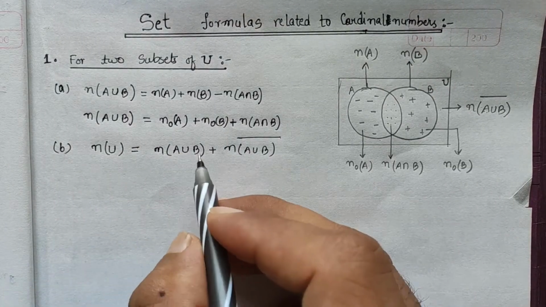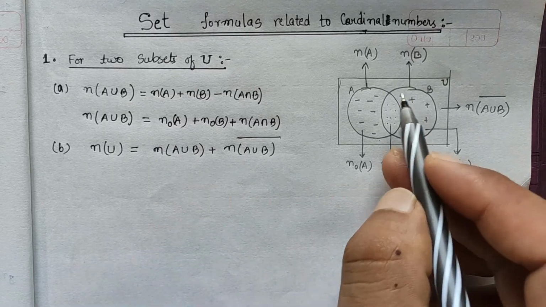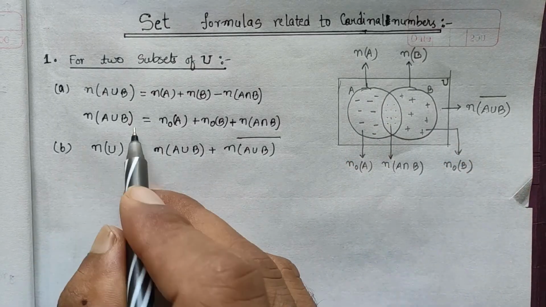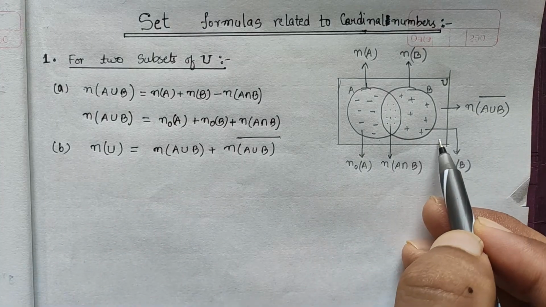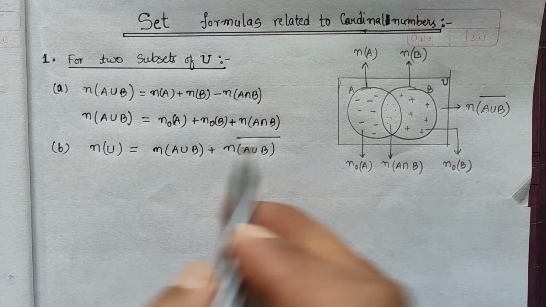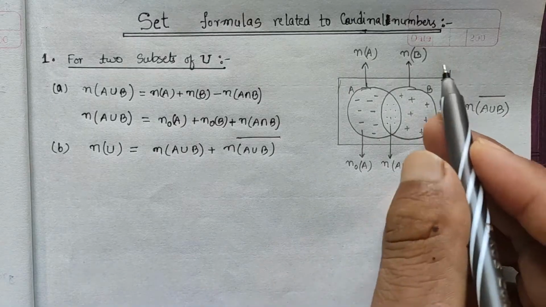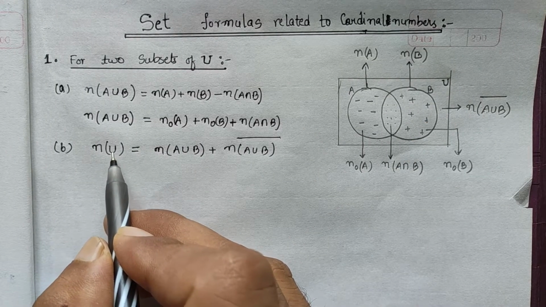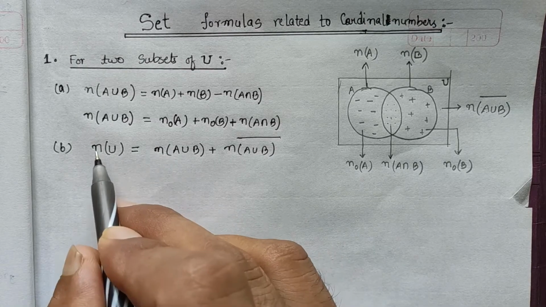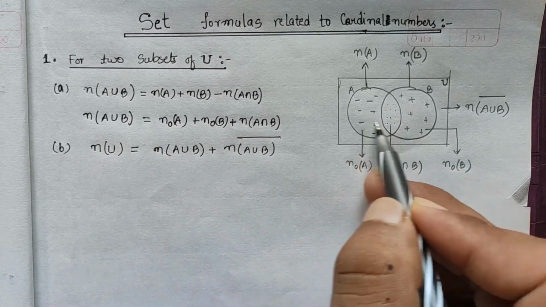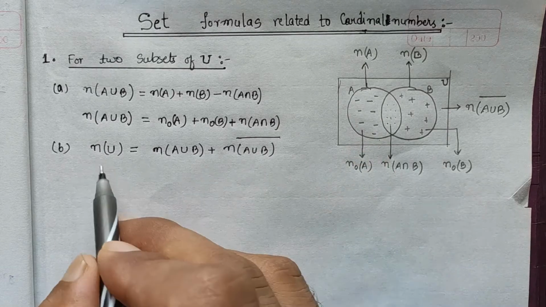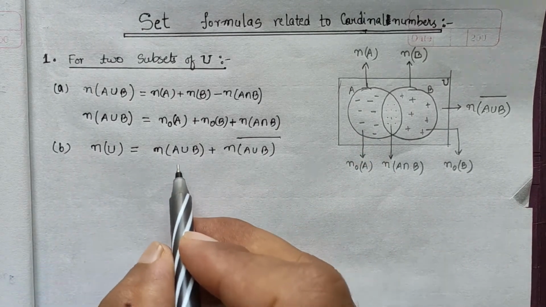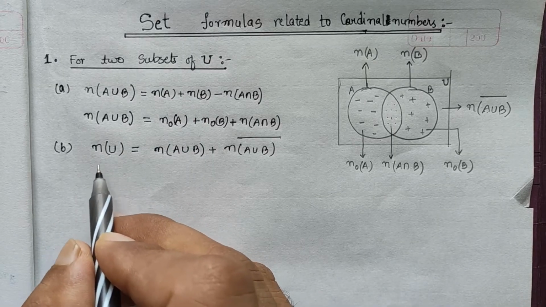Okay, so here A union B is this one, that is inside A and B, and outside A and B is A union B complement. So the total, or n(U), the cardinal number of universal set, is their cardinal number plus outside here, so that is the whole part. Okay, so from this formula, what we can write